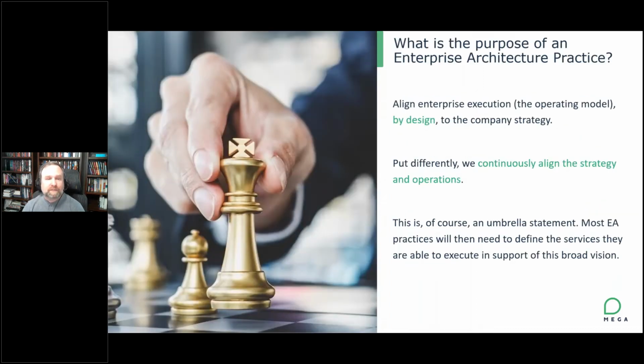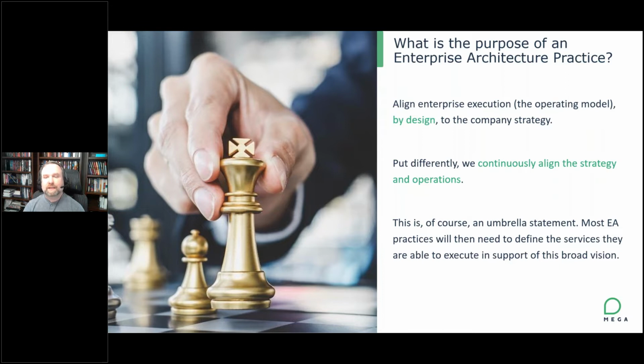So for sake of conversation, I've been working on a new vision for the purpose behind the enterprise architecture practice. It's not a definition of EA, and it's not to create architecture as a deliverable, but why do architectural practices exist? What is really the value and benefit in a broad sense that can be applied? And the story or the theme I'm working with is that the job of the architecture practice is to align the enterprise execution, we could call it the operating model, to the company's strategy. And often we're doing that through architecture or design.